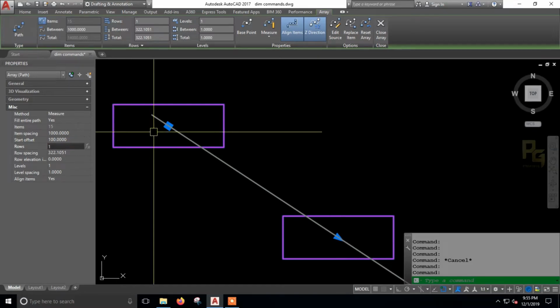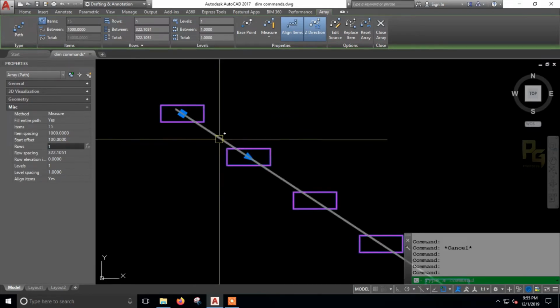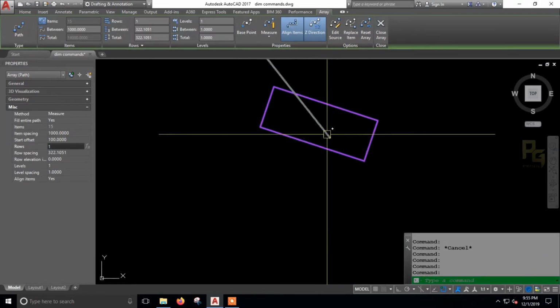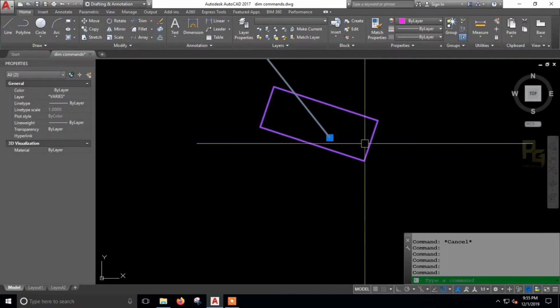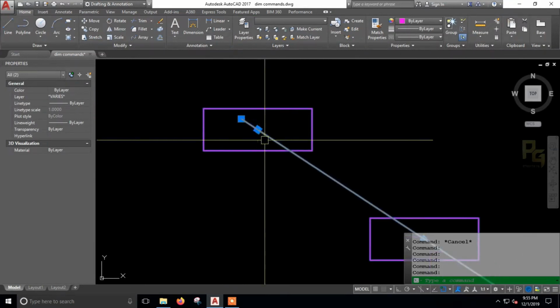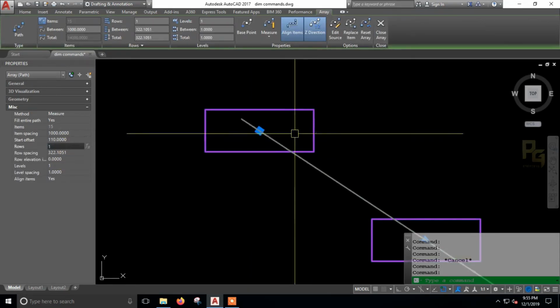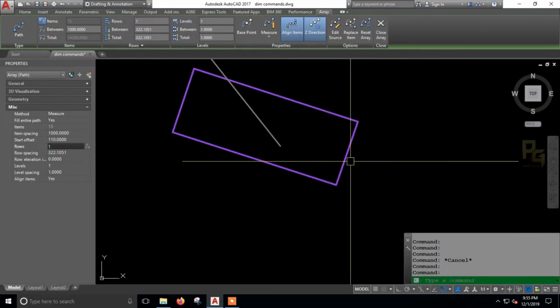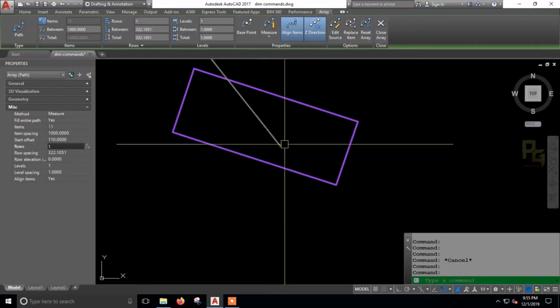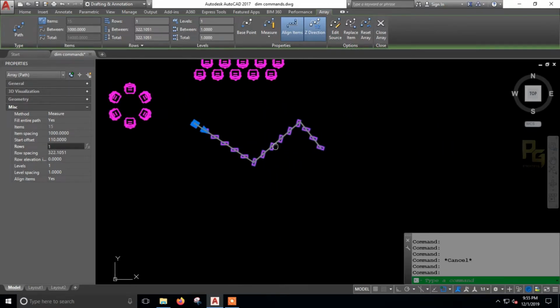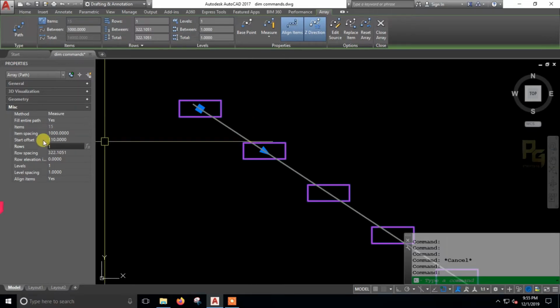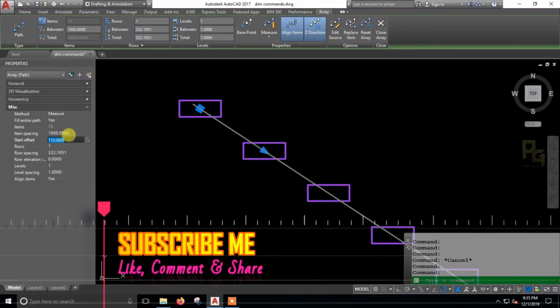If I give some 500, it won't move, because it reaches the limit over here. That's why it's not moving. So until the center point matches with the end point, it moves. So this is the start offset option over here.